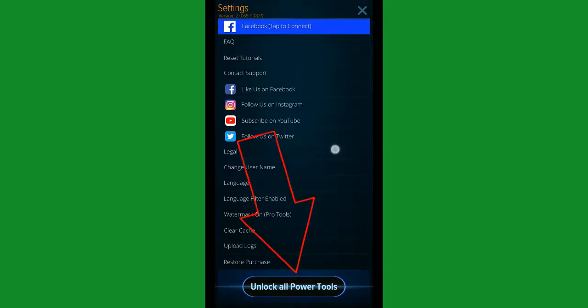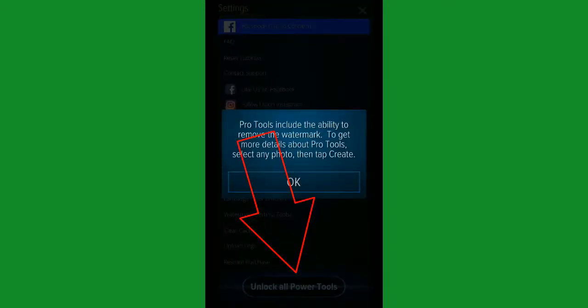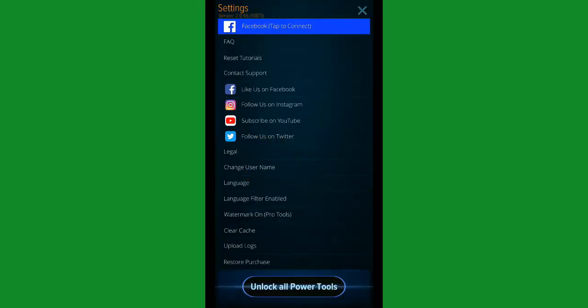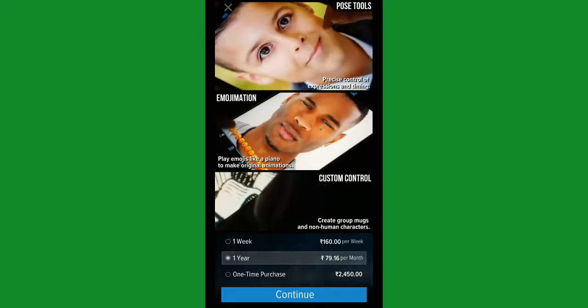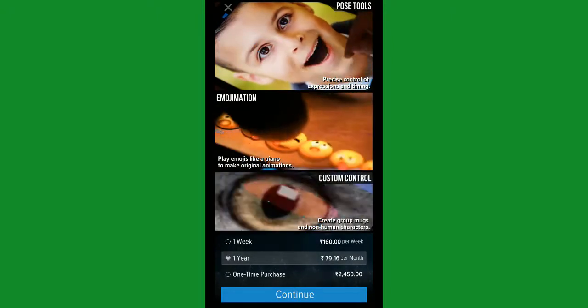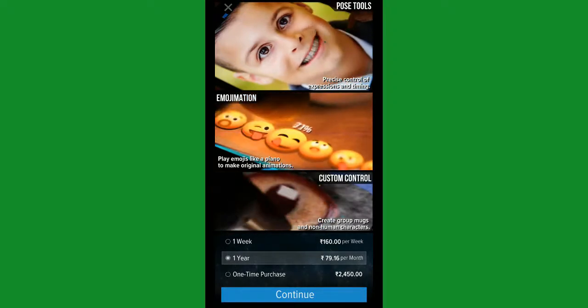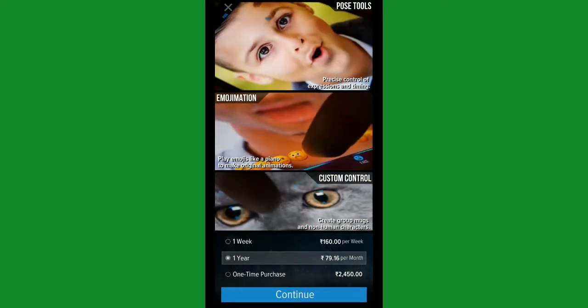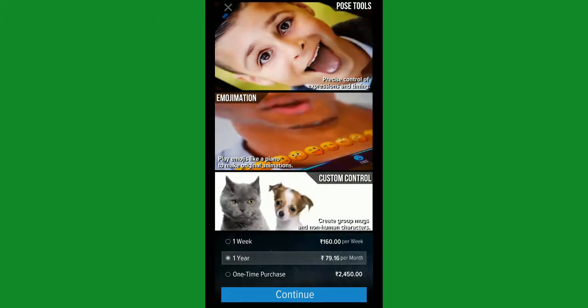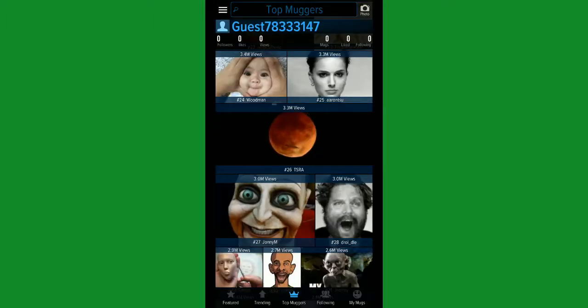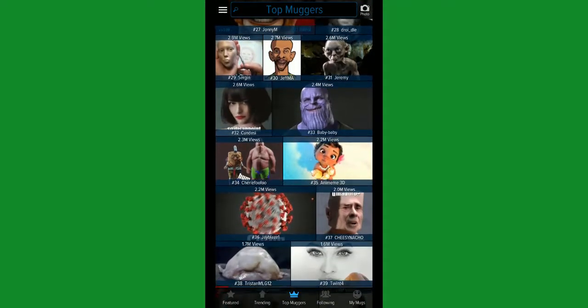There is a watermark on Pro Tools, unlock. See, this is 2450 for lifetime purchase. I'm damn sure you will never regret purchasing this MugMe or Mug Life face 3D animation software Android app.